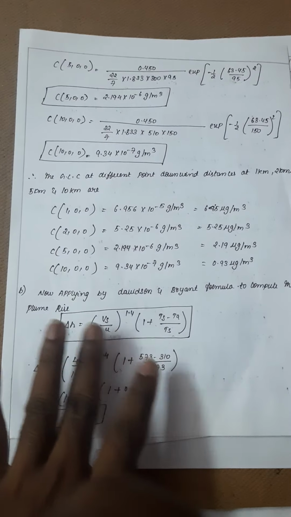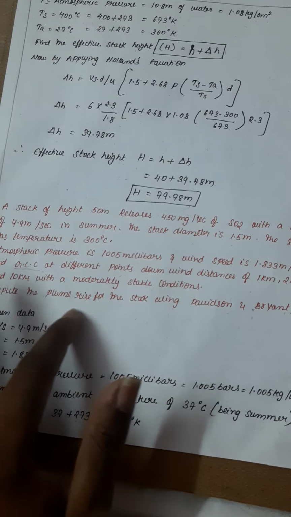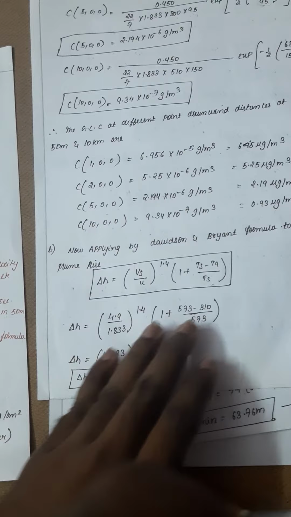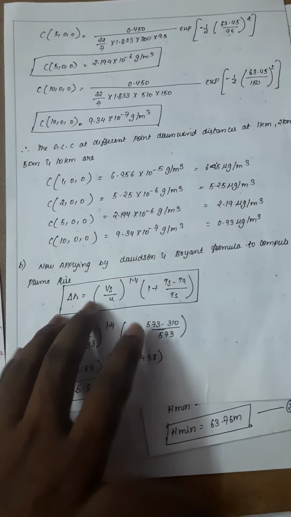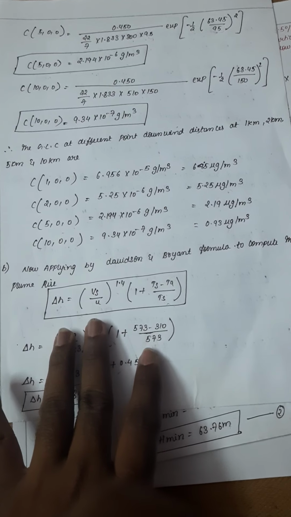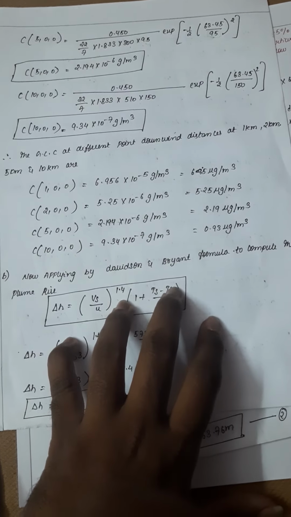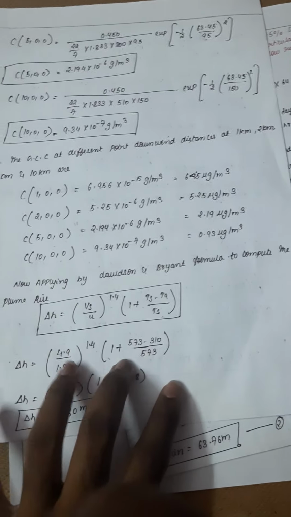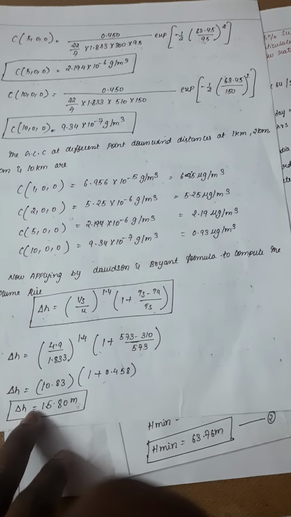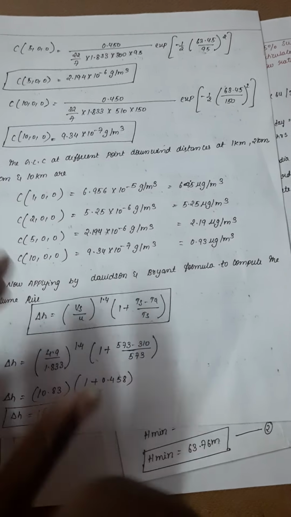And finally now part B, what they asked: compute the plume rise at the stack height using the Davidson and Bryant formula. So I am doing the Davidson and Bryant formula. This is the formula. Now I am finding the plume rise. These are the values Vs and Vu, and 1 plus S, and Ta is nothing but the ambient air temperature. So these are the values in the problem I have substituted, and finally I got the plume rise delta H is equal to 15.80 meters.